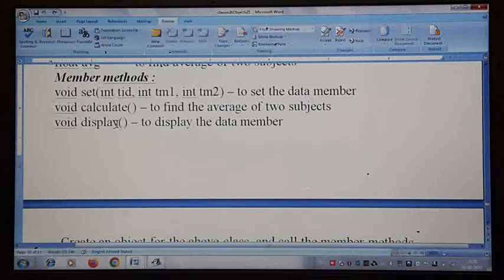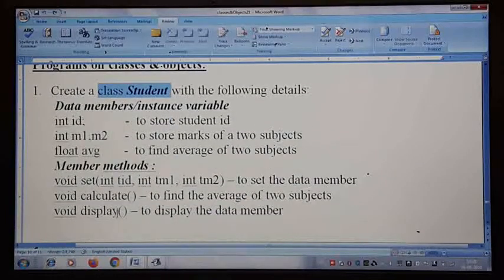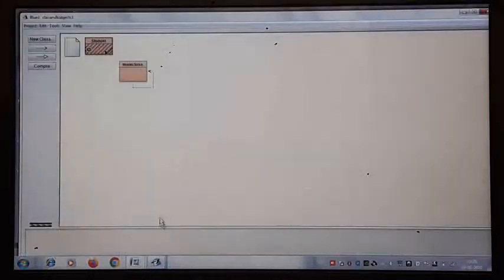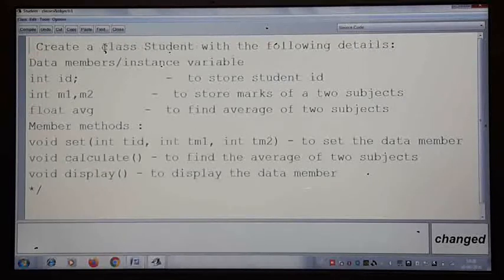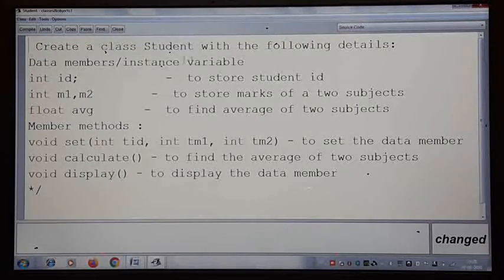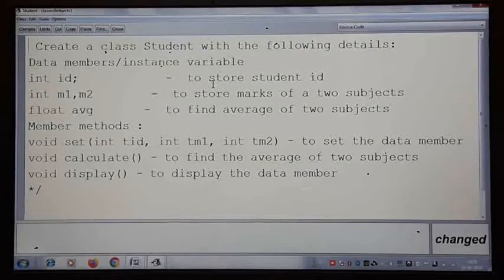So let us see how we are going to write this. To write the program, I have just copied this into BlueJ here. I have taken one question here. This is the question, the same question I have copied here. Later I will make this a comment. If I make it a comment, it becomes like this, so the clarity won't be there. So parallelly, to check the question also, I kept it like this. Later I will be making the entire question a comment.